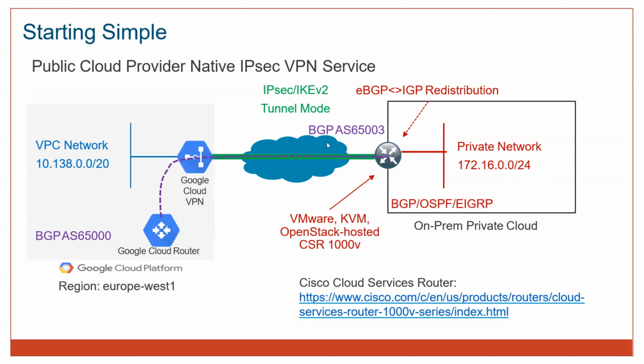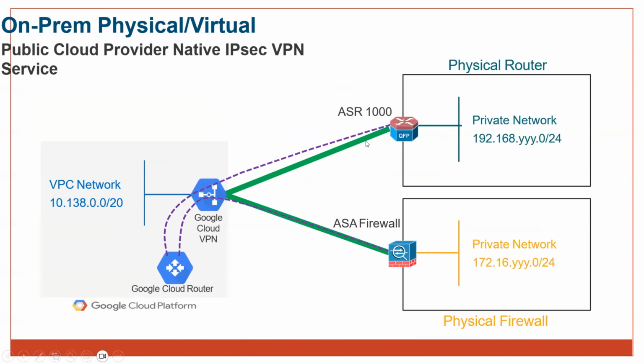So this is one of the ways that you can create the tunnel between the on-prem and the cloud using VPN. Then if you have multiple private networks, you can see that we have two different devices. One is an ASA firewall and the other is an ASR 1000, which is the router. Still we can create the IPsec tunnel with the Google Cloud VPN gateway, right? Likewise,